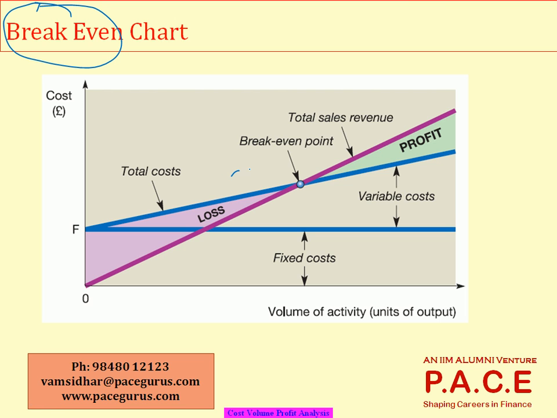So if you see here, the flat blue line is my fixed cost. The rising blue line is my total cost per unit. The vertical gap between the total cost and the fixed cost line is nothing but the variable cost per unit. This is called total cost per unit. The horizontal line is the fixed cost per unit. So the vertical distance between the total cost per unit and the fixed cost per unit is the total variable cost per unit. And now, under the assumption that as the volume is increasing, my total revenues also increase,